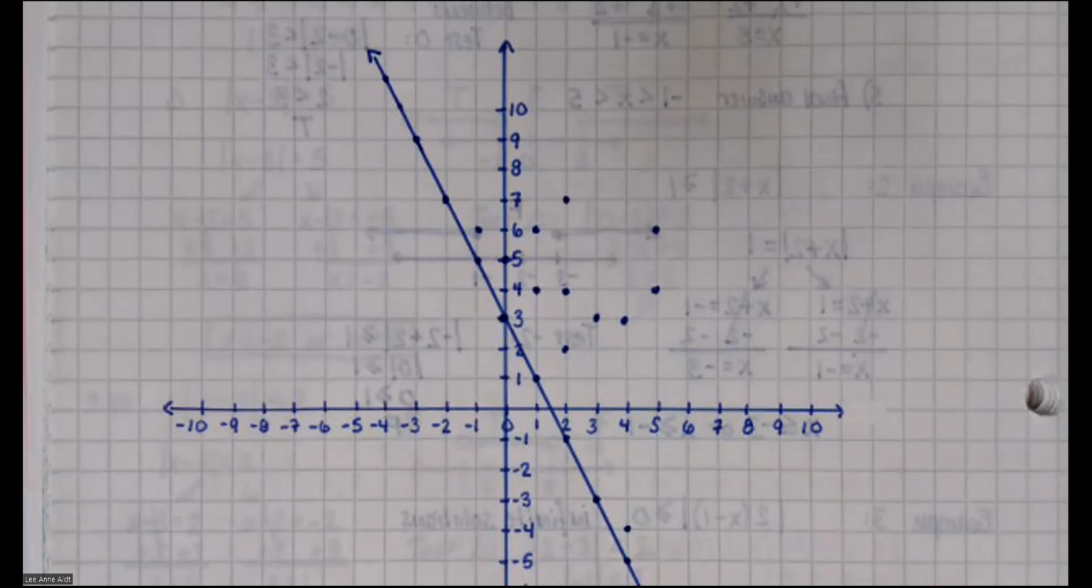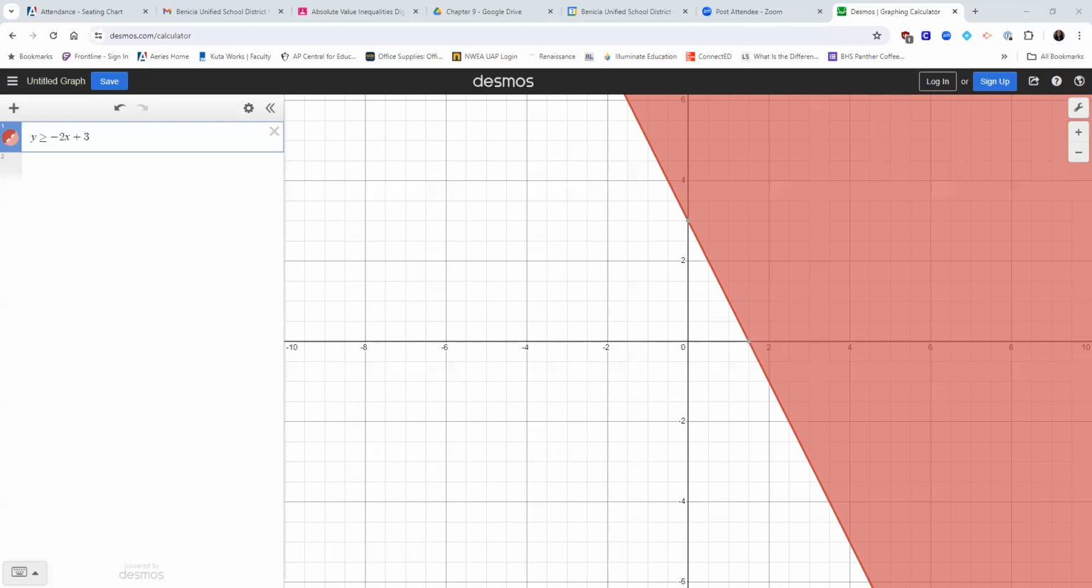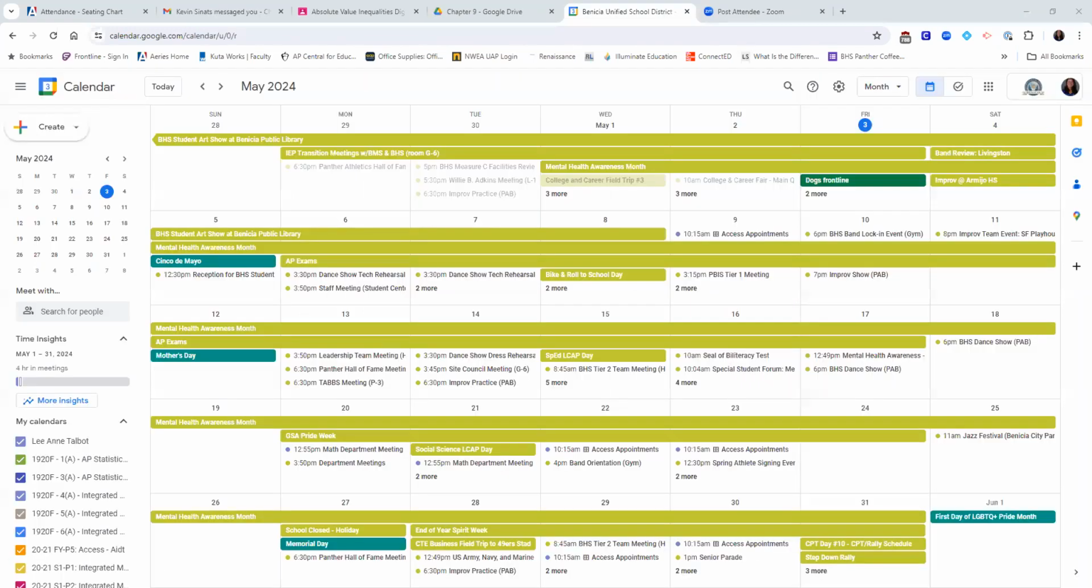Okay, so I'm going to show you guys Desmos. I'm going to show you what we do for 2 variable inequalities. This is what it should look like in your final answer. So do we all agree that this is the true section? Okay, so